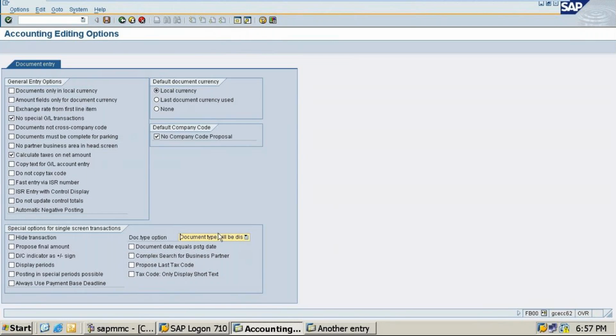Here one option is there, document types will be displayed. See, here one option is there. Maybe this is the problem, I think. Document types will be displayed. Is it okay? Is it enabled for you? No, ma'am, we have to enable it. No, it is already enabled for me. Just select the first option.